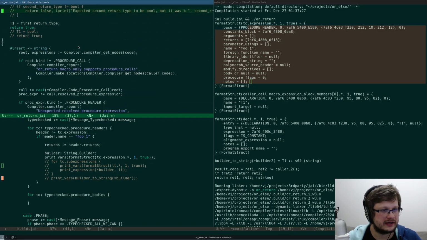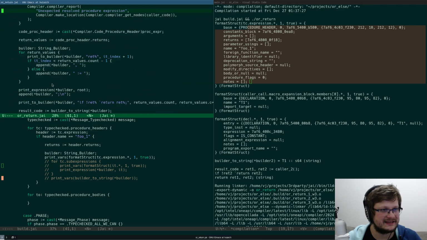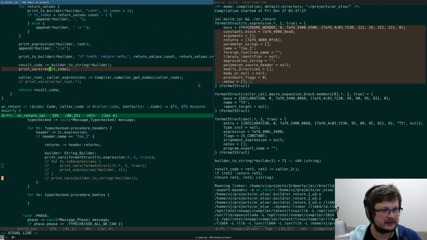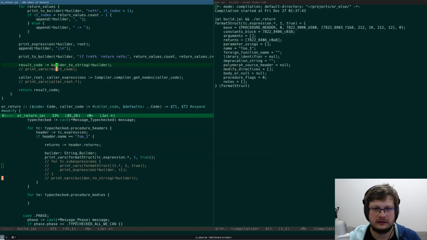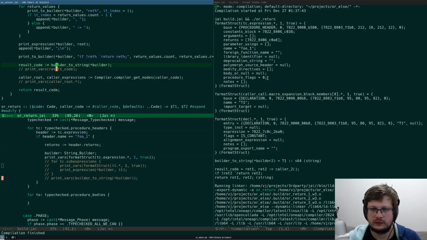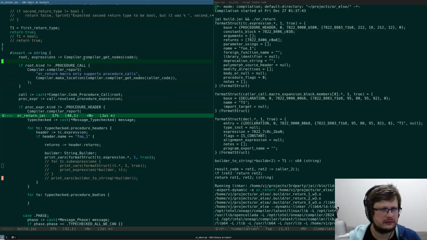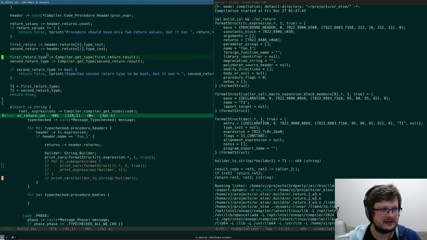Let me also temporarily not print anything in the macro itself. So I'm not going to print this, I'm not going to print this. And something else I forgot. Oh wait, it's here.